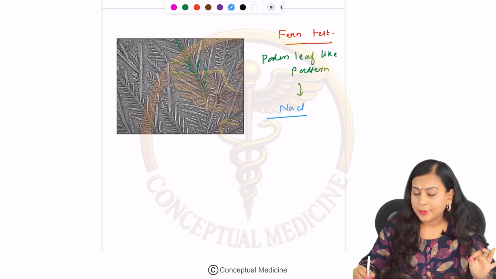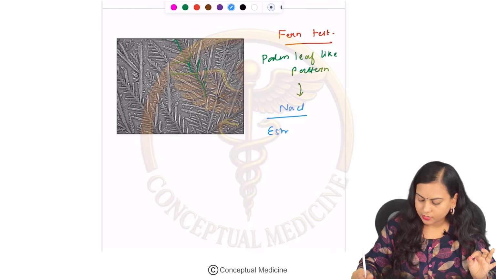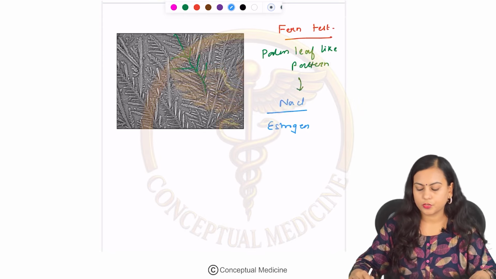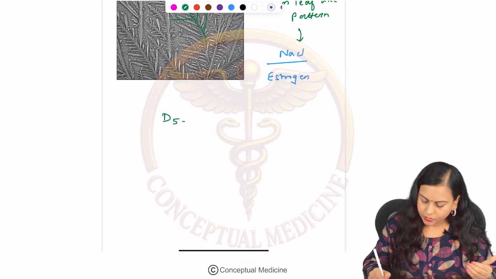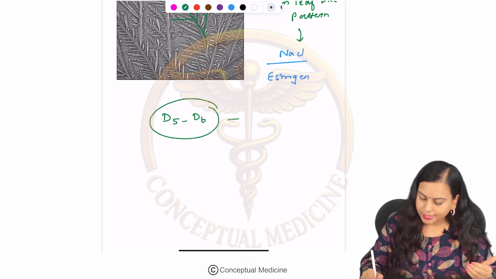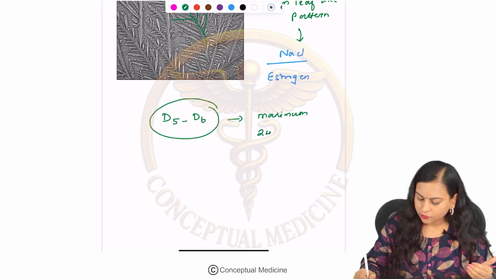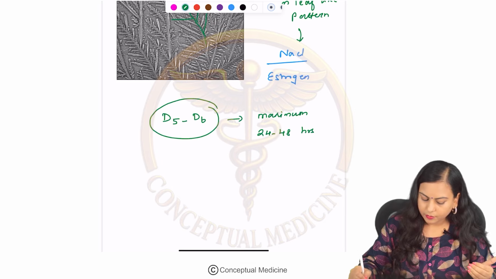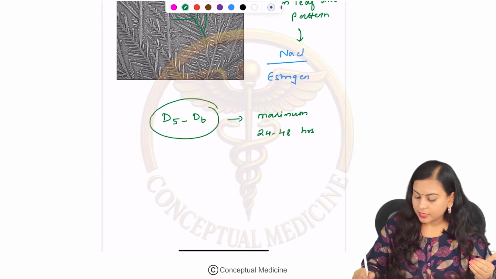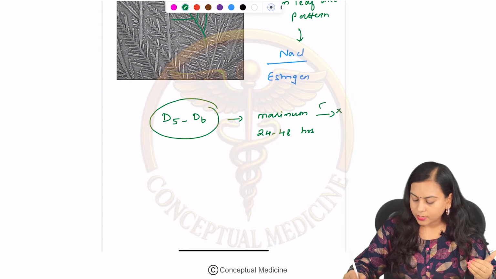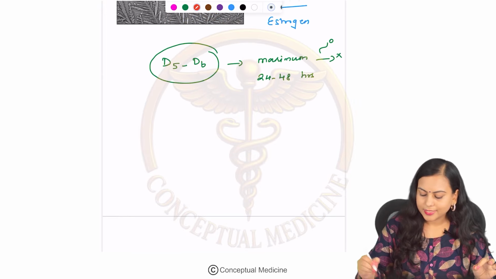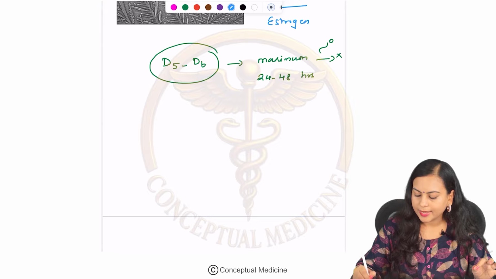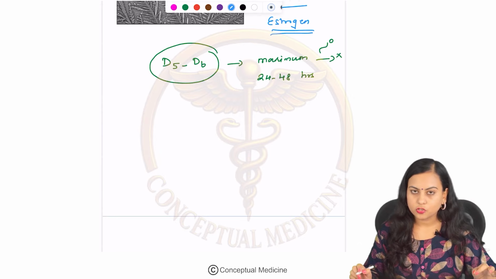And this is also happening under the effect of estrogen in the pre-ovulatory phase. Okay, so this will be seen starting from day 5 to day 6 of the cycle, but it will be maximum 24 to 48 hours before ovulation, and it will disappear after ovulation. Once ovulation is done, this change will not be seen. So that means it is effective only under the action of estrogen hormone.